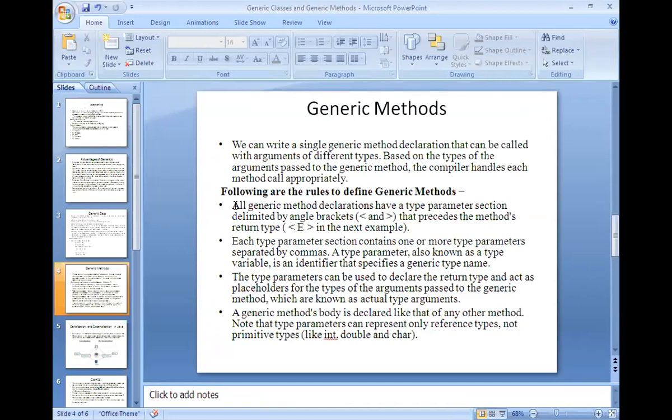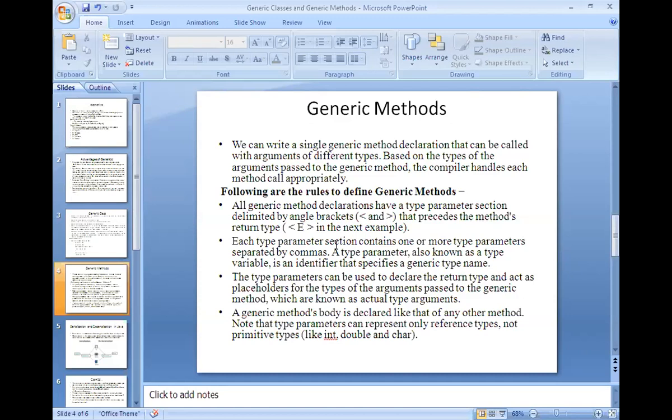These are certain rules that you are supposed to follow while implementing generic methods. All generic method declarations have a type parameter section, which means the angle brackets should be present in the method declaration itself. Each type parameter section contains one or more type parameters separated by commas, as I told you very recently. There is no limitation.